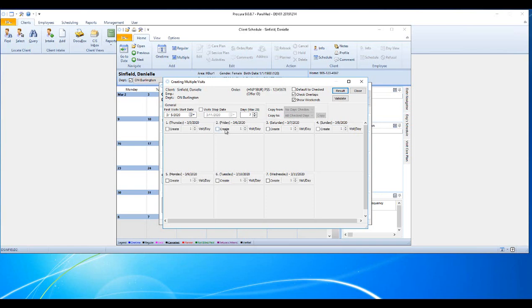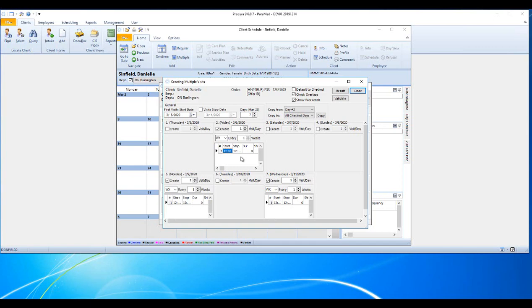So if I wanted to create a Monday, Wednesday, Friday visit pattern, I can click on Friday because it's the first day that falls as a Friday within the pattern. Then I want to click on Monday and I want to click on Wednesday. So you want to make sure that you choose all of the days of the week that you're looking to have a visit. The next thing that you want to do is indicate the start and stop time. Similar to your regular visit, you can indicate the start and stop time or shift code, but typically anything outside of nursing, we're going to have our start and stop times in there. So I'm going to put in